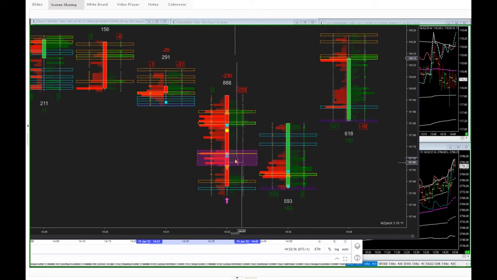So what happens? Well, you can see that the volume declines as the price drops, doesn't it? You see that? The volume on the sell side, you see how the size of the bars? The volume on the sell side declines. The volume on the buy side builds. How glorious is that little graphic right there, guys? So when the volume on the buy side builds, you know you've got a bottom edge.